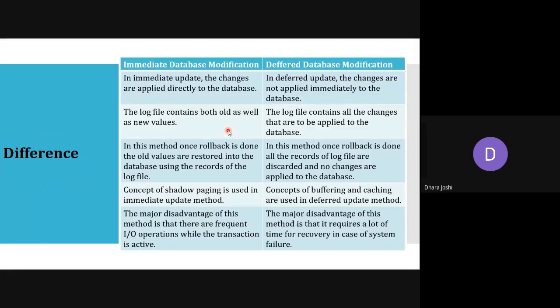So that's why whenever we are having a rollback, that means the undoing operation, at that time all values are restored into the database. But in this method, once the rollback is done, all the records are discarded.